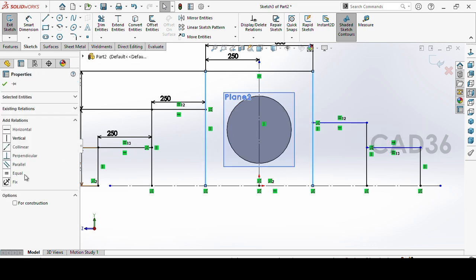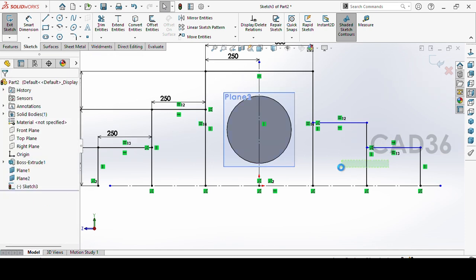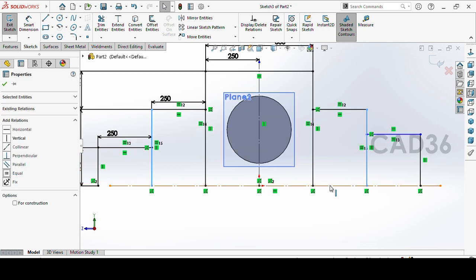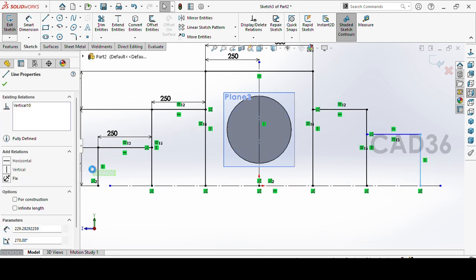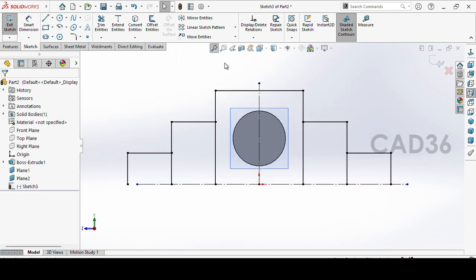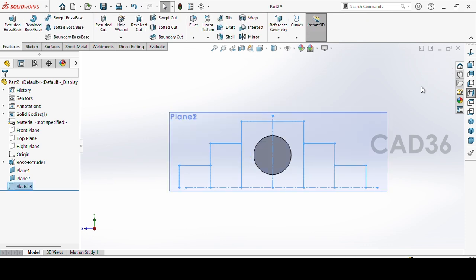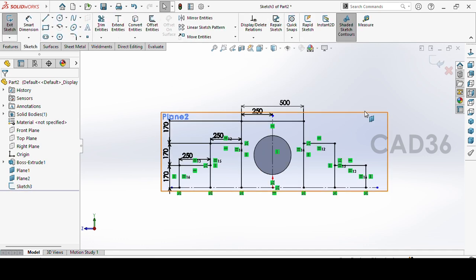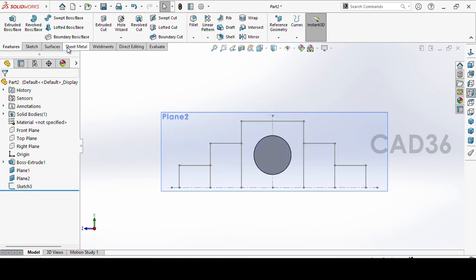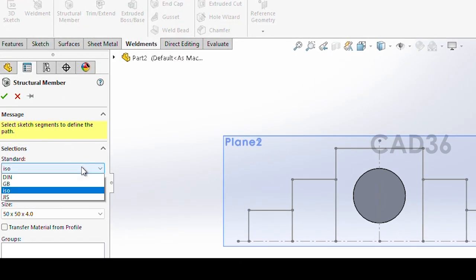So almost our sketch is ready, okay. We need all the sketch to be in black, so it will be fully defined, so equal, okay. Now our sketch is fully in black, so our sketch is fully defined, okay. Just exit the sketch, then we need to go to the Weldment, okay, exit, then go to the Weldment and Weldment member,